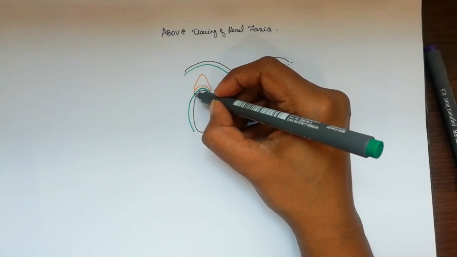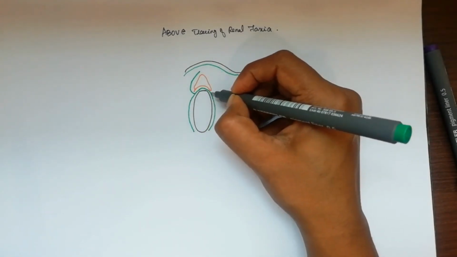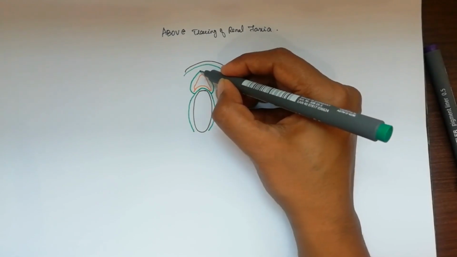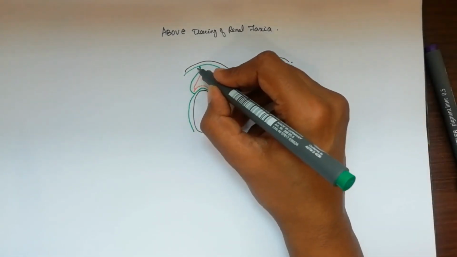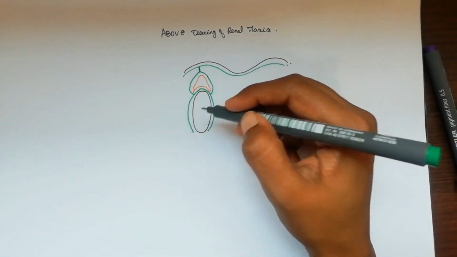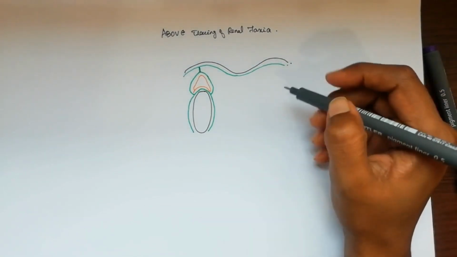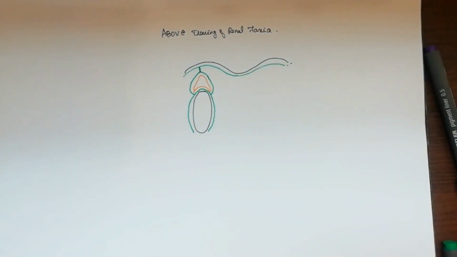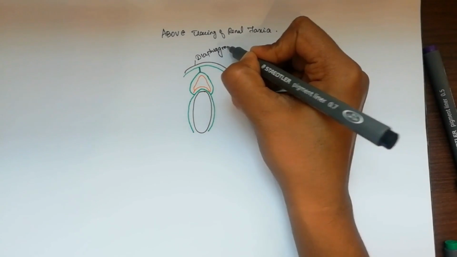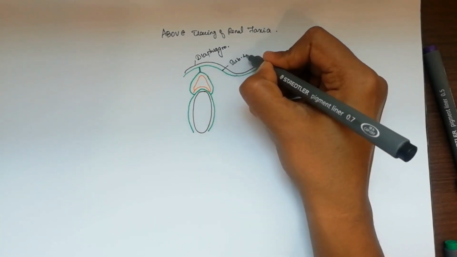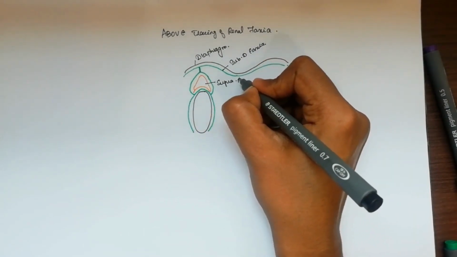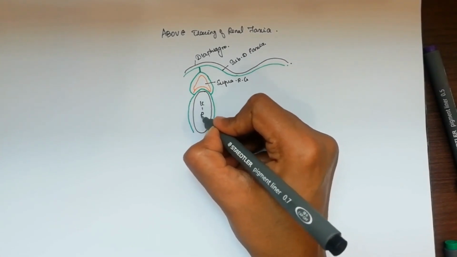Then after that it will split again to cover the whole of the suprarenal gland, and then it is going to rejoin again and then get connected with the subdiaphragmatic fascia of the diaphragm. So this is an imaginary picture I am showing to understand well. So we have got the diaphragm here. So above we have got the diaphragm. Below the diaphragm we have got the subdiaphragmatic fascia, and this is the suprarenal gland, and this is the kidney.